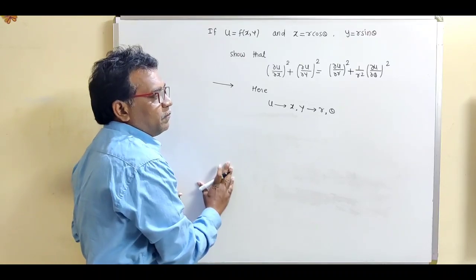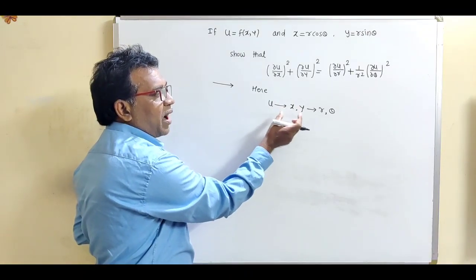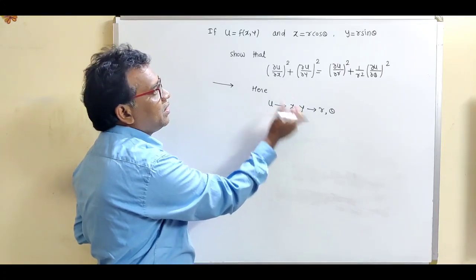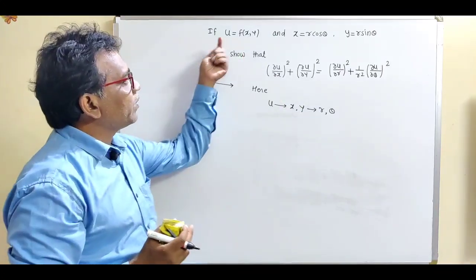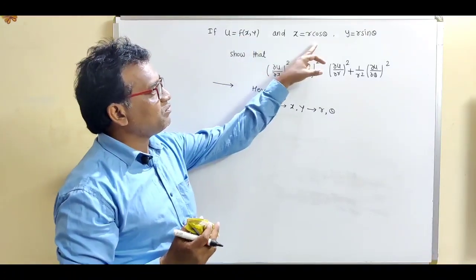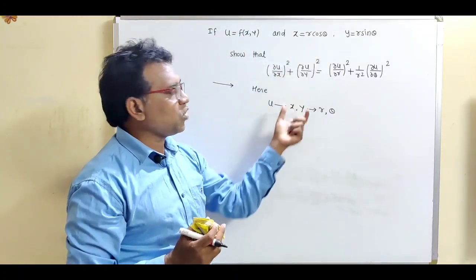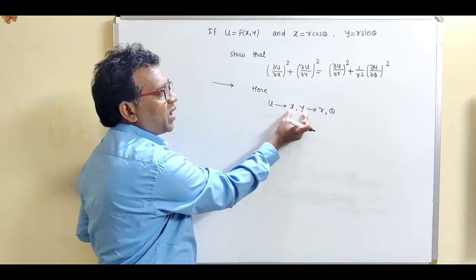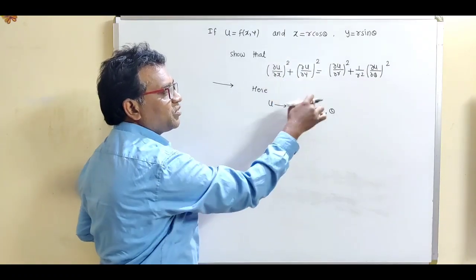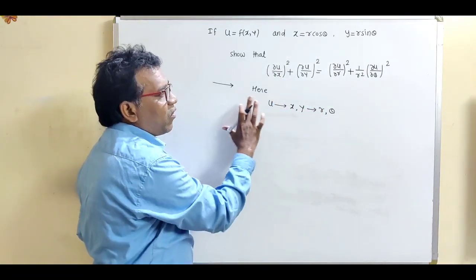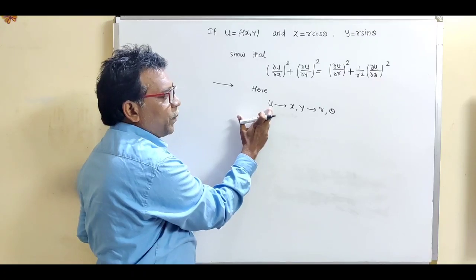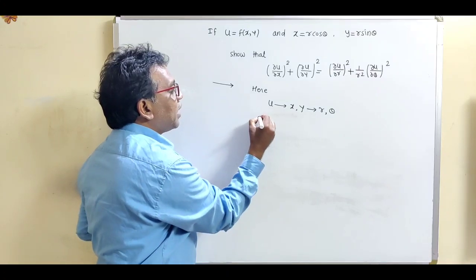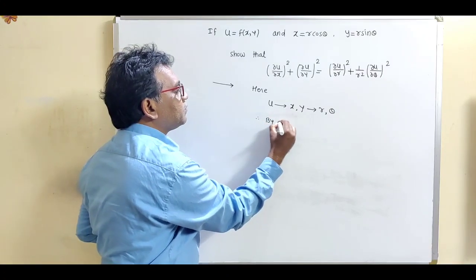So see what is the first step. First of all, we have to identify the given chain. What is the given chain? We can identify this chain from our example. This is the example: u equal to f of x, y, where x and y are in terms of r and theta. So this is the chain. u is a function of x, y, where x and y are functions of r and theta. So according to chain rule, we can define these two partial derivatives, del u by del r and del u by del theta. So write down the rule,